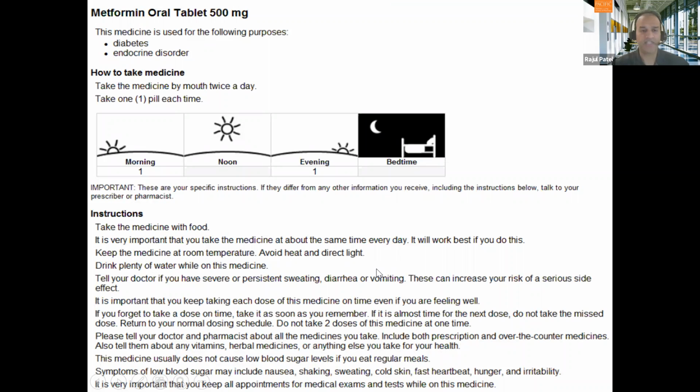So we can convert it into a variety of different languages. Hindi and Gujarati are currently not one of them. But there are other languages that we frequently use for some of our events that are serving racial and ethnic populations. Cantonese and Mandarin are very common, along with Vietnamese, Tagalog, and Spanish. Those are our 5 most common languages. In addition to the personalized medication record, we also provide individual drug monographs.